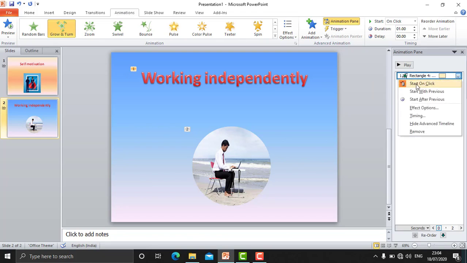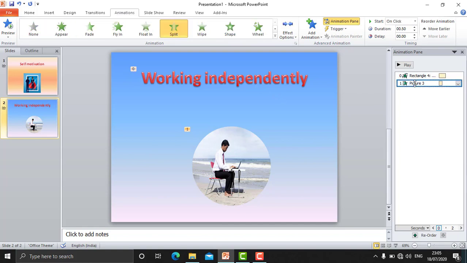You see it is selected here, start on click. That means the animation will not start automatically, you have to click the mouse button. I want it automatically, so I'll click on start after previous. As the slide transition begins, after the transition this animation will start. I'll click on the second picture and from here I'll again click on start after previous.